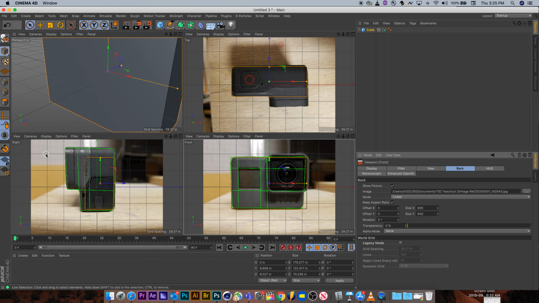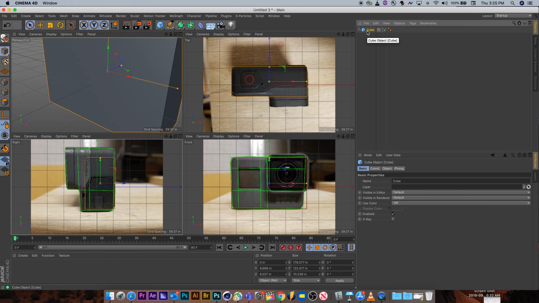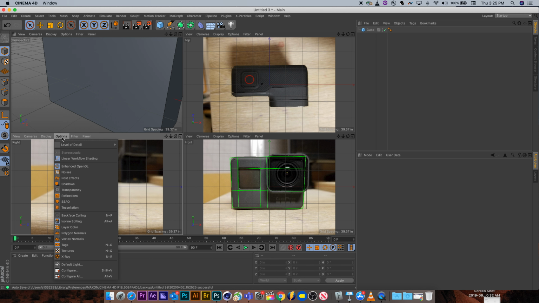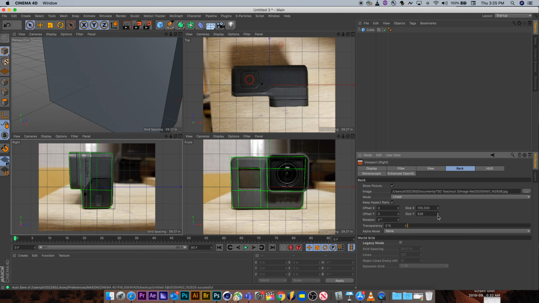Let's go to the right view. This one we're going to have to adjust, because if we look at the cube, it's scaled correctly on the other two images, and this one needs to be adjusted. So if I click on the right view, Options, Configure, and then in the back tab here, I have the option to scale and move my image. So I'm just going to rough it in, scale it down, move it